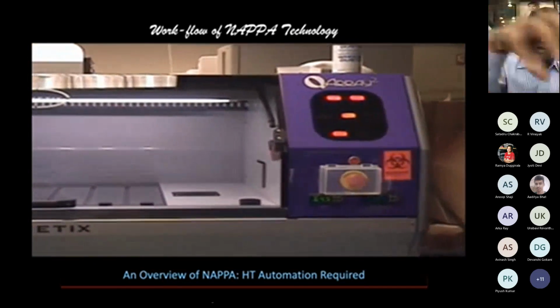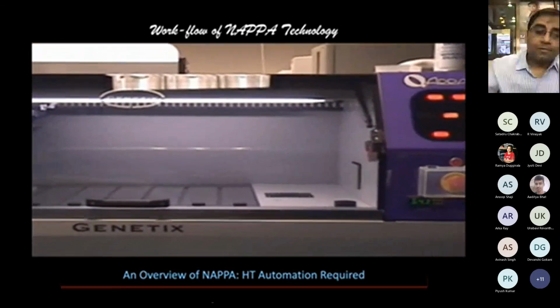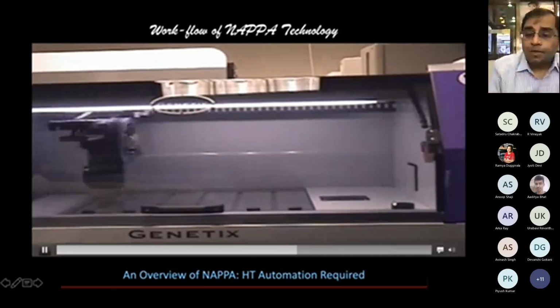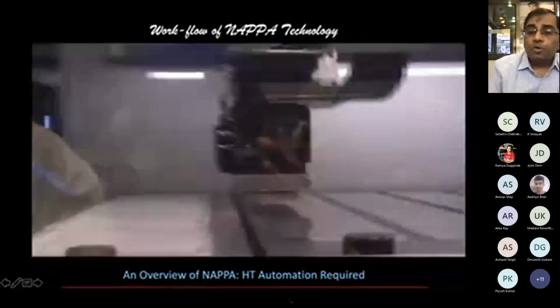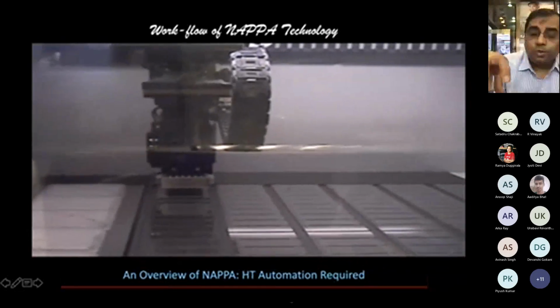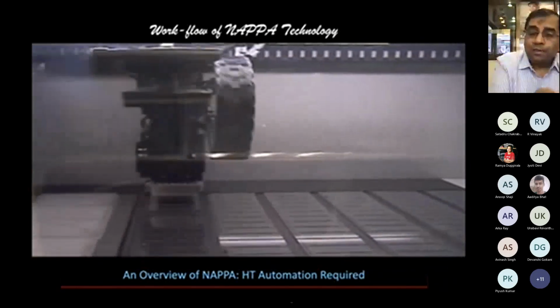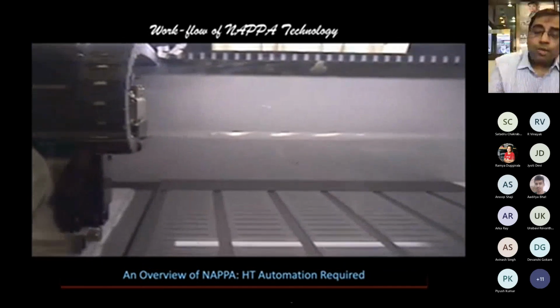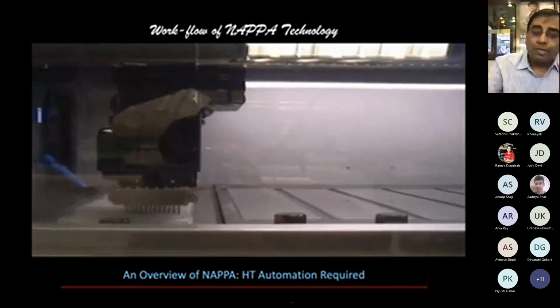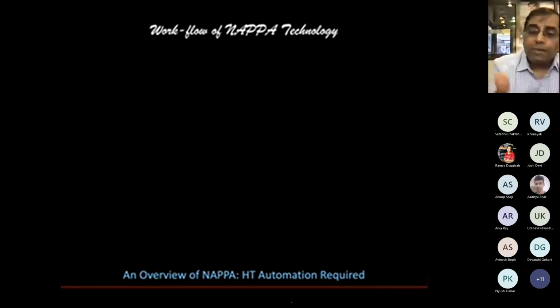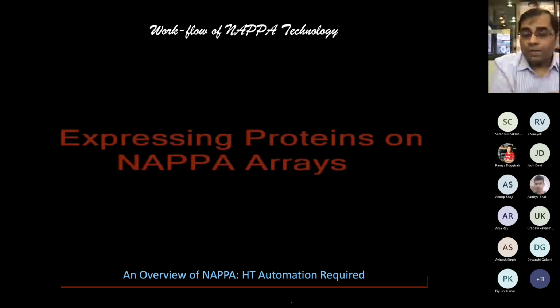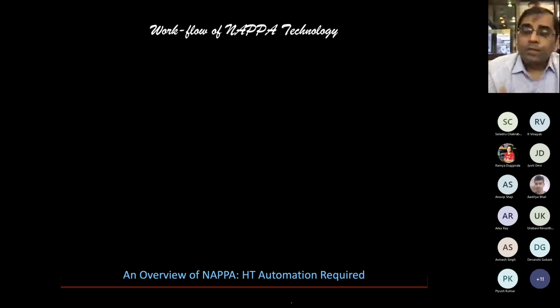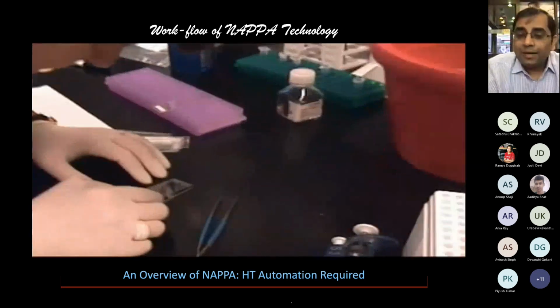Just goes one, printing 90 times in all the slides. Then after that, it goes to this part, which is the washing station, and then you want to wash the printing head so that whatever you have printed the first time, those carryover should not come. So you will wash, sonicate twice in the washing chamber, and then this printing head could again come back and do the next set of printing. So now in this way, you are able to print thousands of things, just in overnight printing.